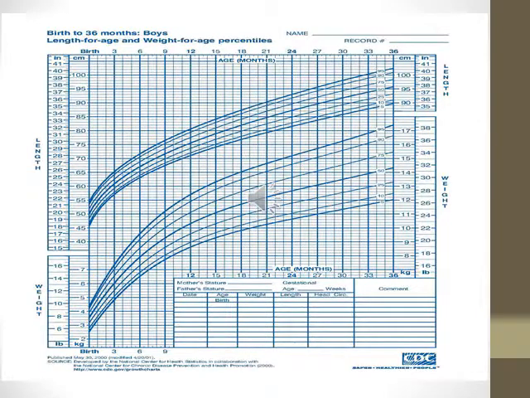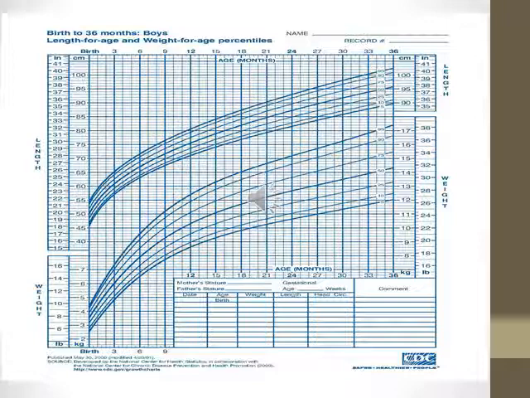So what are the parameters which we use to plot on a growth chart? According to the WHO set standard, these parameters are height for age, weight for age, BMI, body mass index, and weight for height. So in this slide, this is the growth chart for boys, and just keep in mind that the growth chart for up to 36 months, like 3 years of age, is different, and from 36 months onward till 20 years the growth chart is different. Now this slide is showing you the growth chart for boys from birth till 36 months of age.